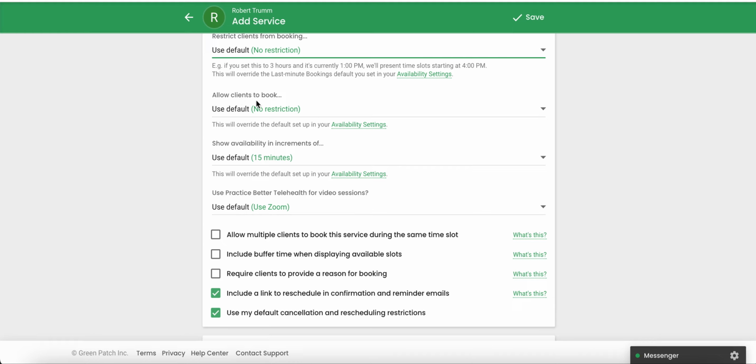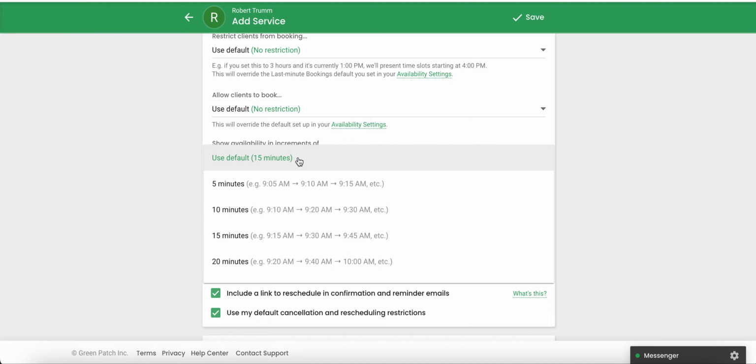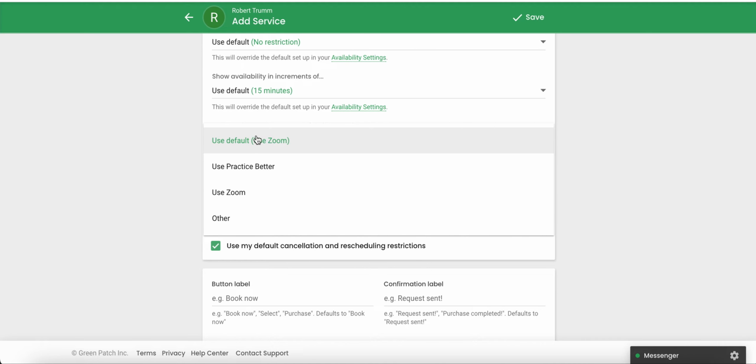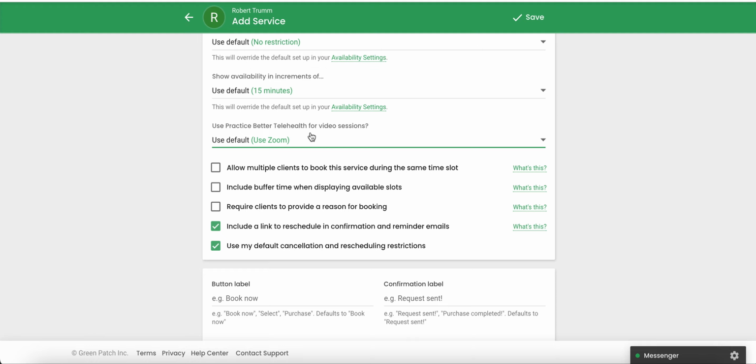Same thing with allowing clients to book availability increments in 15 minutes. You can change it to however you want. 15 minutes is usually, like I said, the default. And then you want to use Zoom because we connected the Zoom in the third-party integration video. So that's what you'll use here, and it will send the link to your client for the Zoom